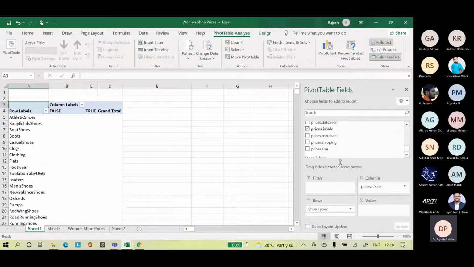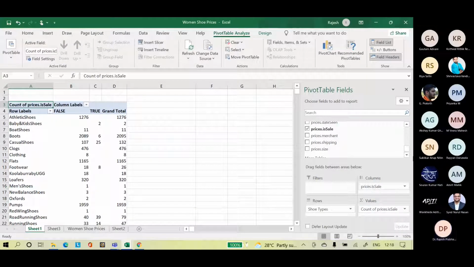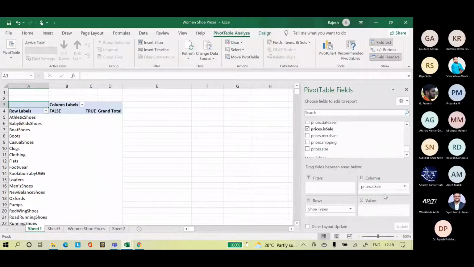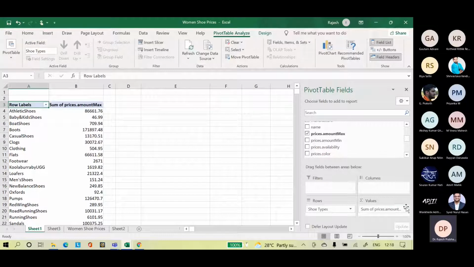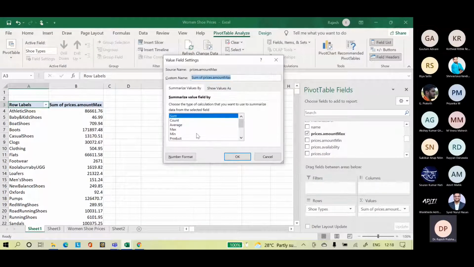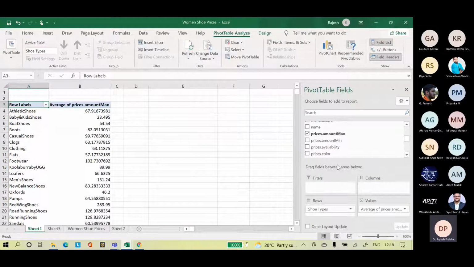Sale in columns, again sale in values. Now I can see casual shoes are in one place. Then we will take price amount max and change value field settings to average.